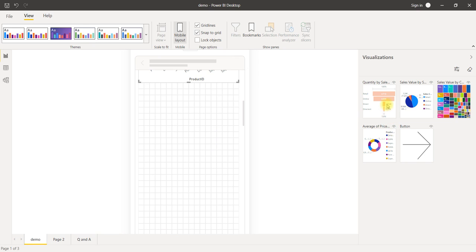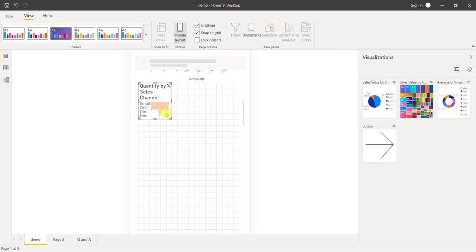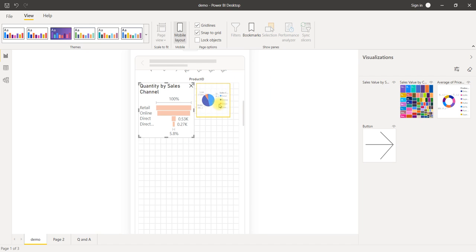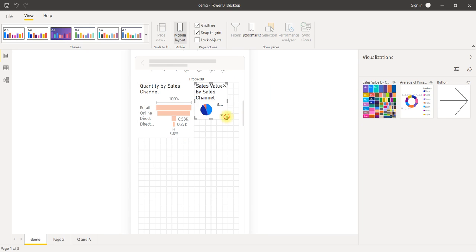Scroll down. Then I would like to show the funnel chart like this, and the pie chart like this.